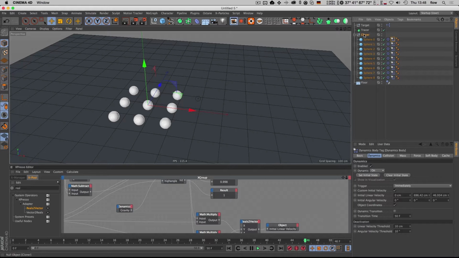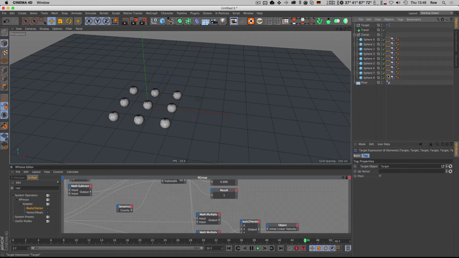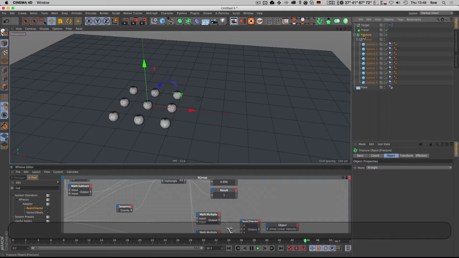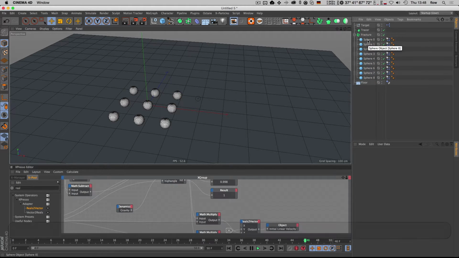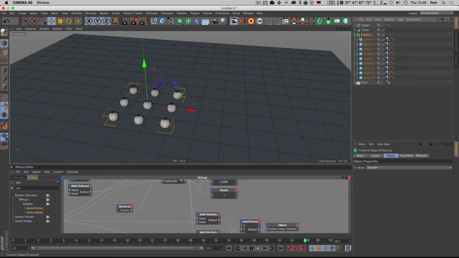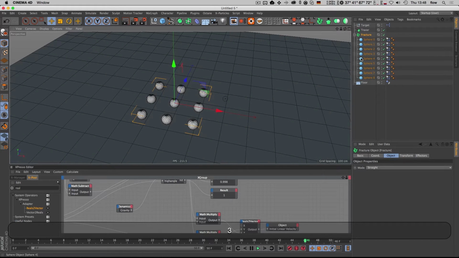So we need to resolve our cloner into a null and get rid of all those targets for now, and just put it into a fracture object instead and get rid of our cloner null again. So we're using this fracture node now to hold our spheres, and we're using a fracture and not a normal null because we can